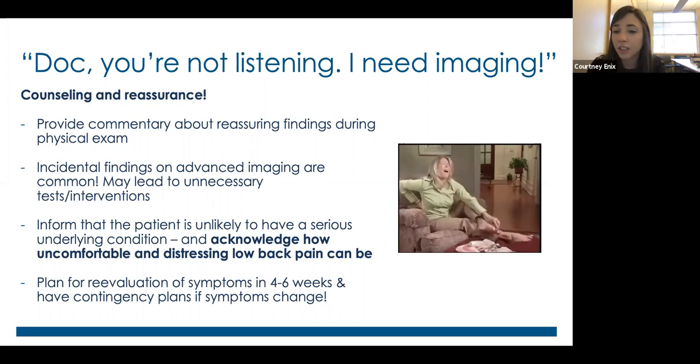And then also leaving the door open for reevaluation, right? Medicine is humbling. Sometimes things can change when you see them in clinic, and 2 days later, they might develop some more worrisome symptoms. So make a plan with the patient to please check in if something changes with how you're feeling, and have contingency plans in place. But also let them come back to clinic and say, hey, in 4 to 6 weeks, you're welcome to come back and we can reevaluate the plan that we put in place and check in on how you're feeling.